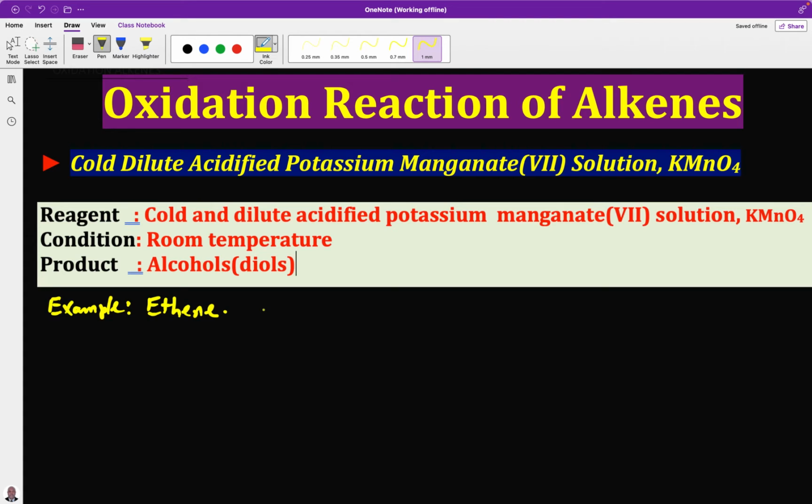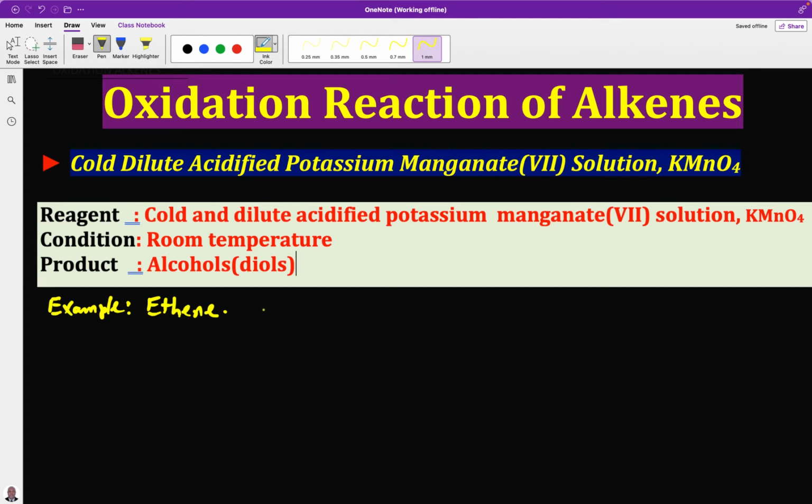When it reacts with an alkene, for example ethene, this purple color is decolorized to colorless. The color changes from purple to colorless